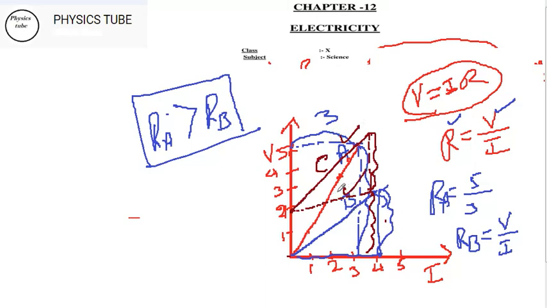Then I'll discuss some more critical questions later after finishing the topic, and with this I'll conclude today, because in the next class I'll start with series and parallel of resistances, and that is very crucial and extremely numerically intensive, so you should be very clear to understand this.